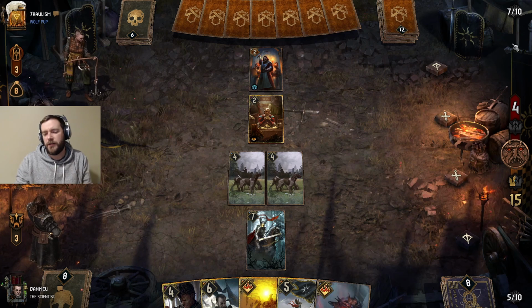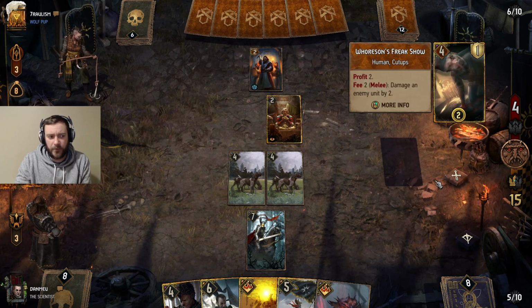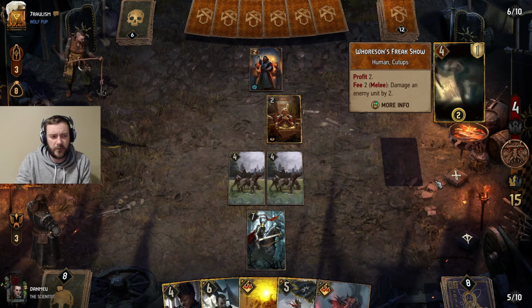The thing with Congregation is it's ideal to shorten the round as much as possible. We'll see what my opponent does here. I will likely get the pass. Unless he spends...